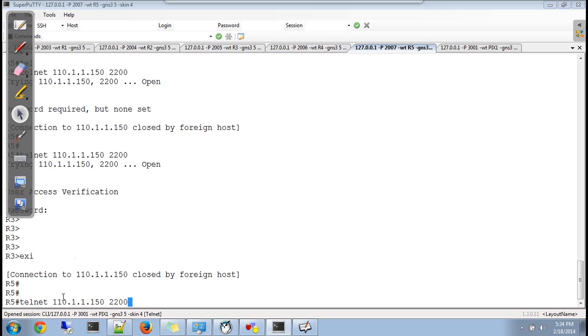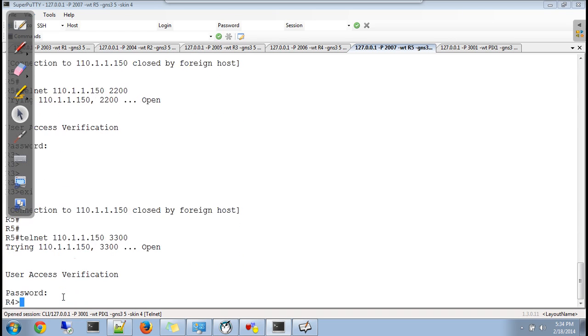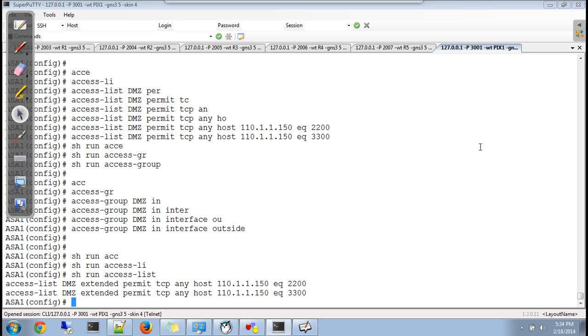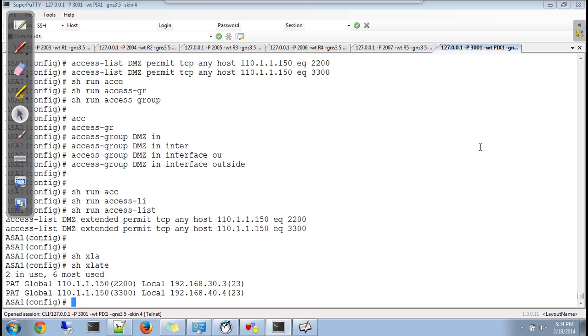Okay, so if you access the same IP on a different port, this would take you to the other server. The same IP is being used, but different ports are used to redirect your traffic to different servers. Okay, and the mappings, if you see on the firewall, are static mappings, and you can see your access list being hit.